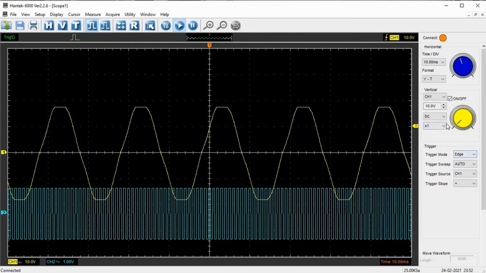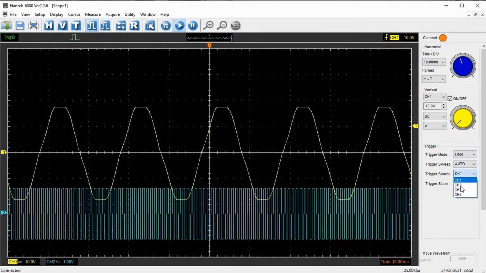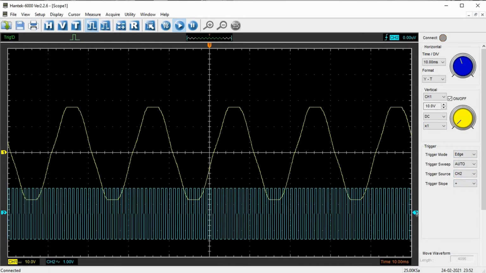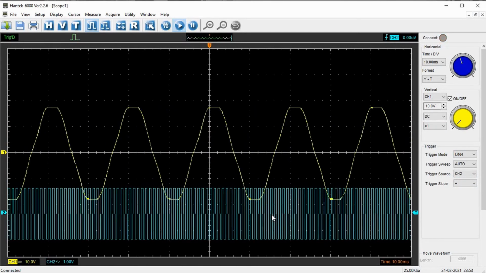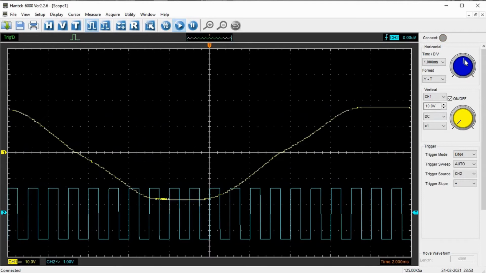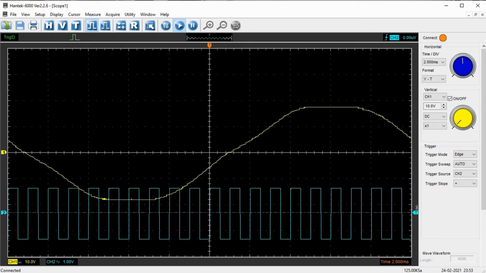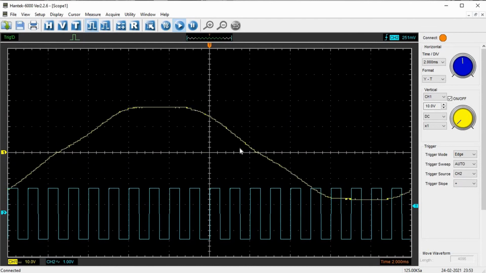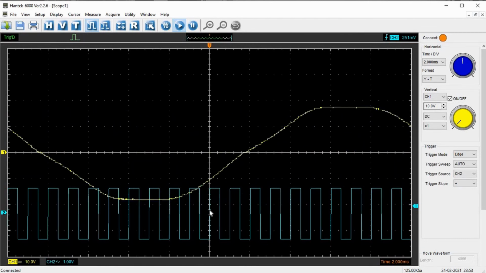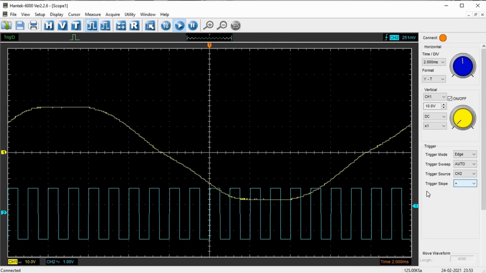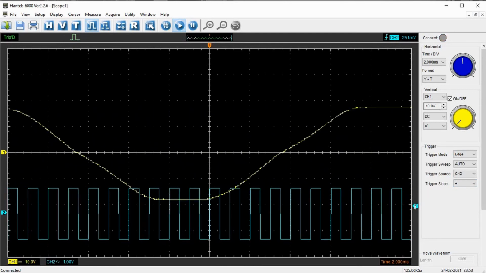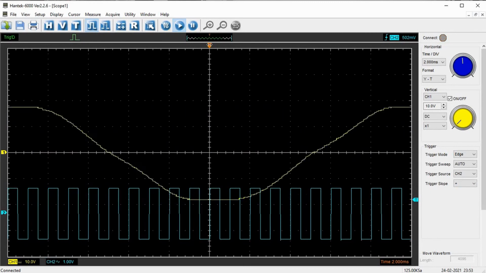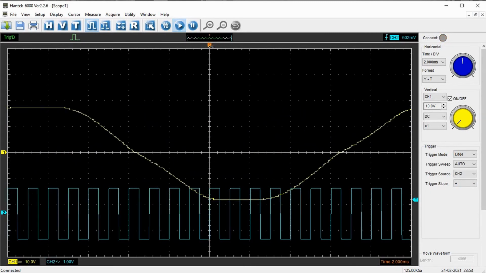Similarly, I can put it to channel 2 also. The trigger source, I will change it to channel 2. You see the trigger became blue color, that is the channel source color. Let me zoom into this position. See, it is triggering. It is not trying to trigger with channel 1, it is triggering channel 2, a rising edge. So when the channel 2 waveform is crossing this trigger voltage, at this time point,